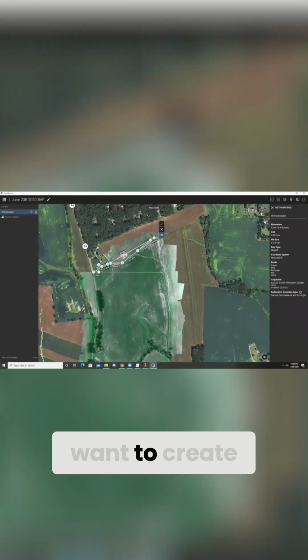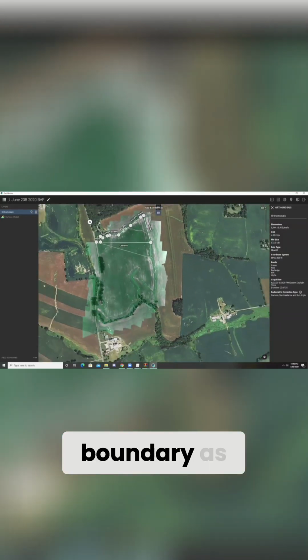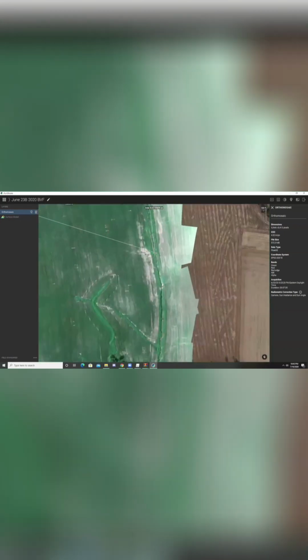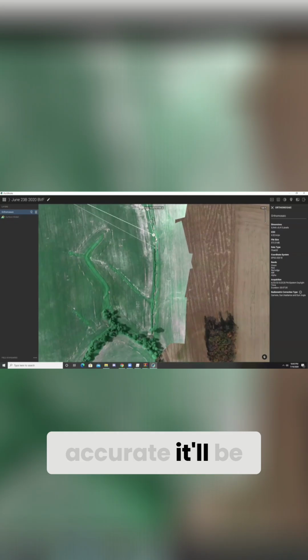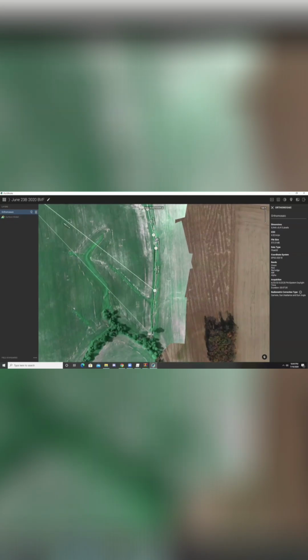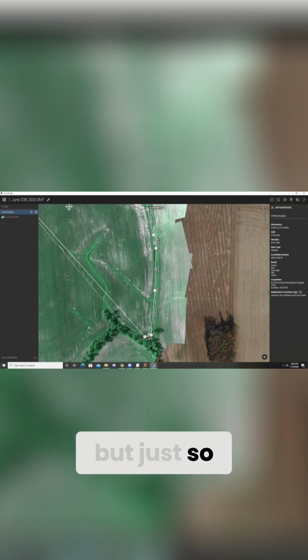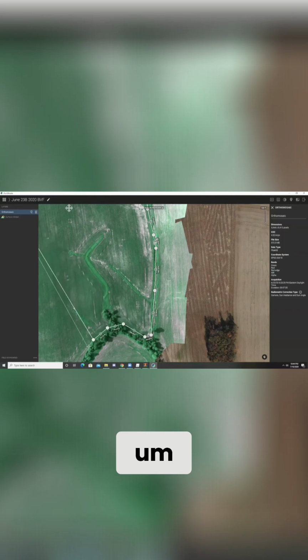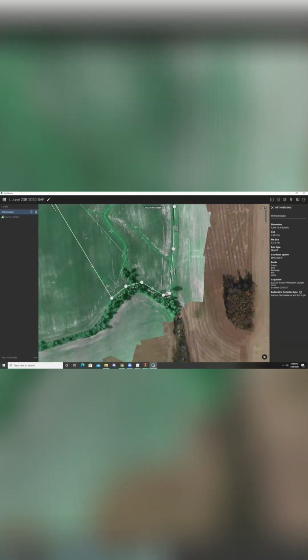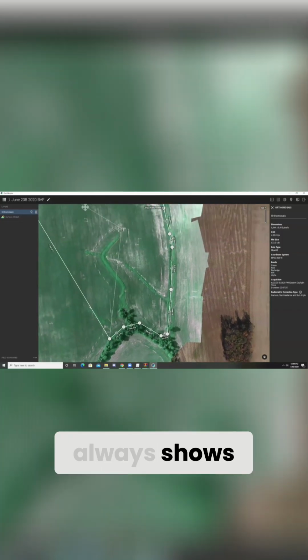So here I just want to create my boundary as accurate as I can make it. The more points I create, the more accurate it'll be. For our purpose, it doesn't have to be perfect, but just so we have an idea. And so you guys can see here, this section here almost always shows up green,